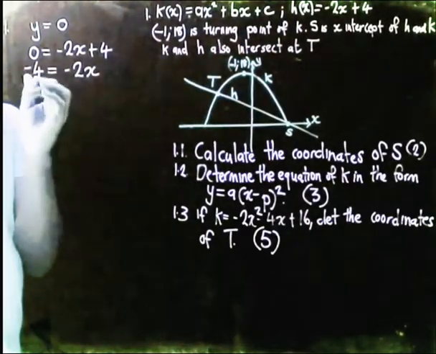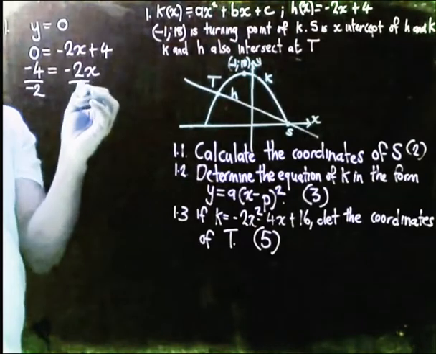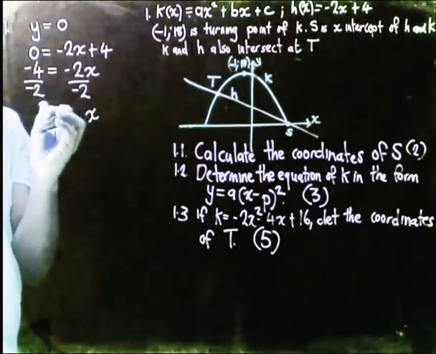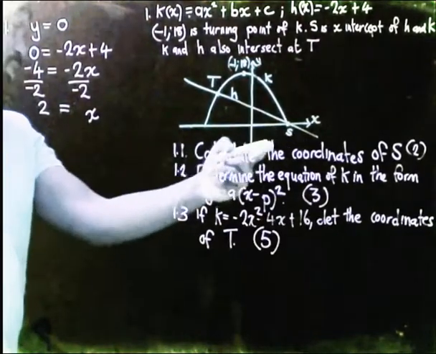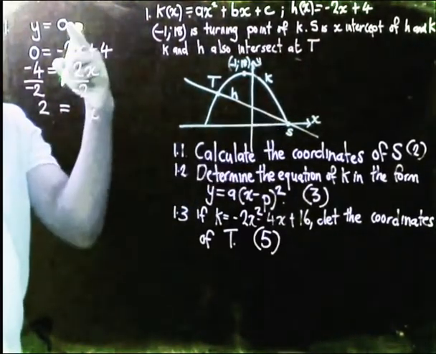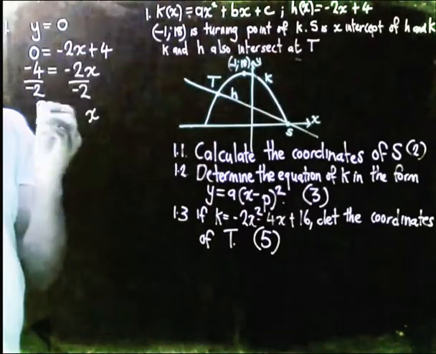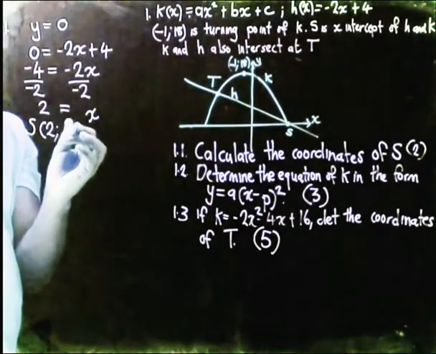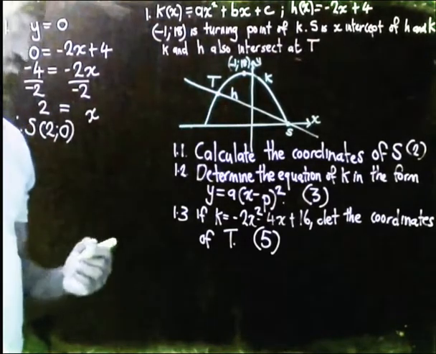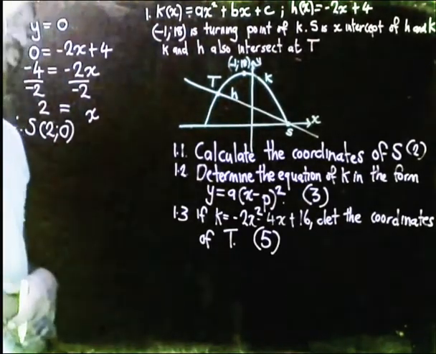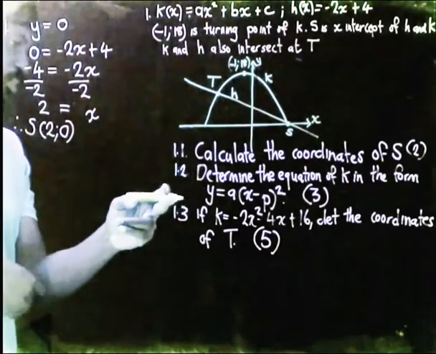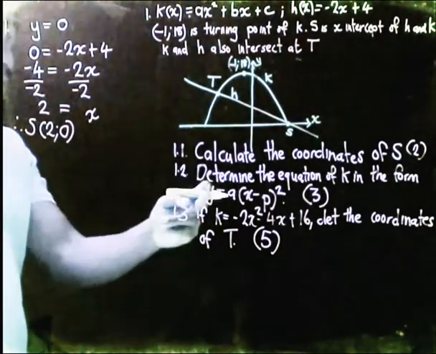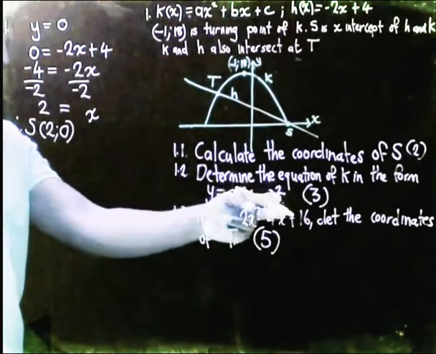Subtract 4 from both sides, divide both sides by negative 2. I'm going to get x is equal to 2. But I want the coordinates. So the x value there is 2, the y value is 0. So therefore S is (2; 0). Fairly straightforward, guys. Okay. 1.2, determine the equation of k in the form y equals a(x minus p) squared,